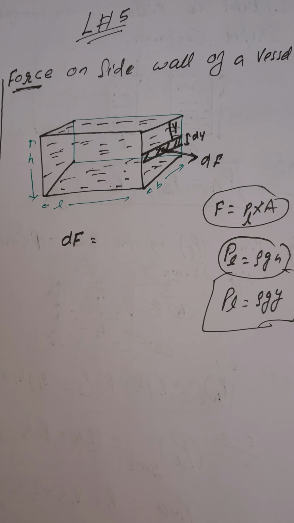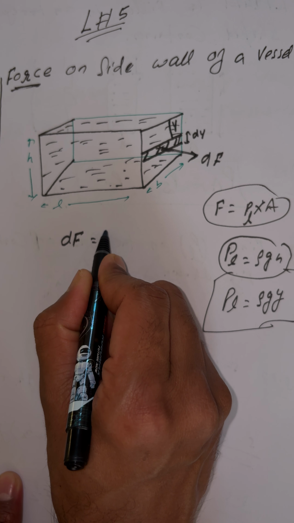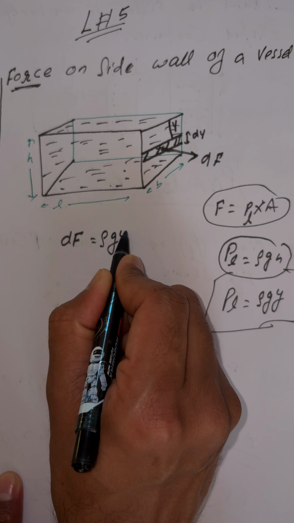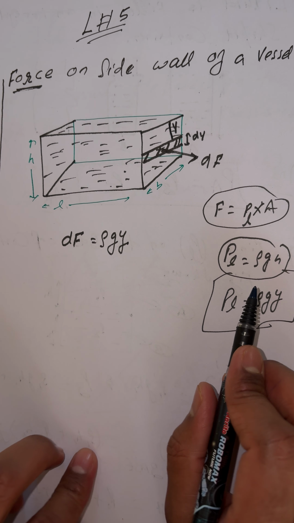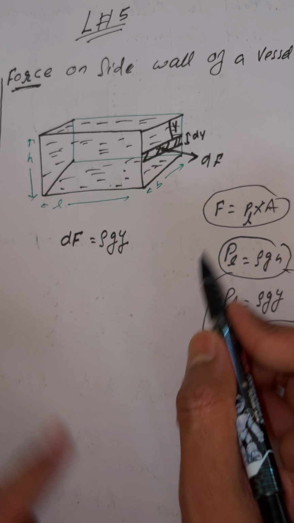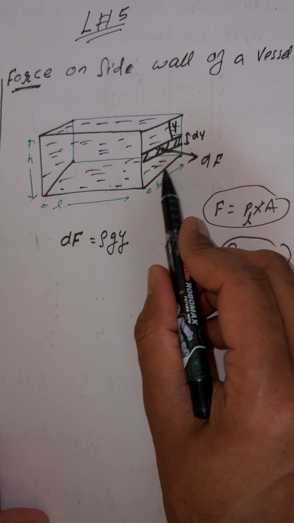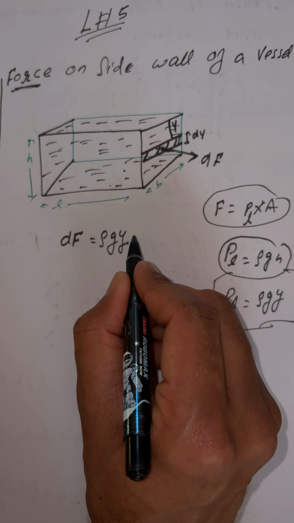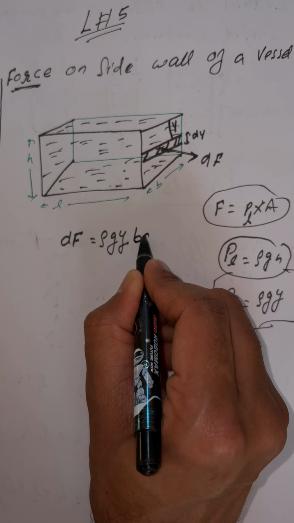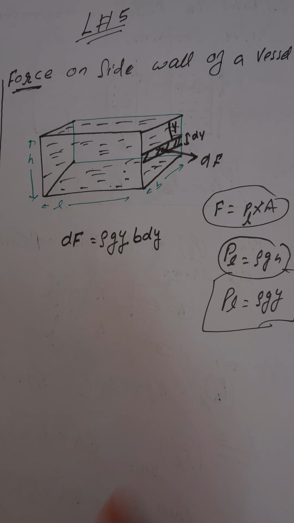This is the pressure due to liquid, rho g y. So here students, you can write rho g y. It's a rectangular strip, right? So what's a strip? You can say length into breadth. So what's the length, and what's the breadth? This is b. So you can say b into dy. So this is the area of a strip, because pressure is